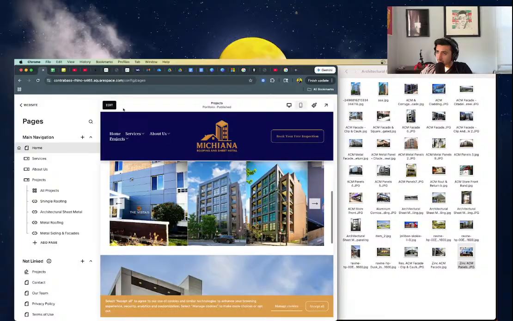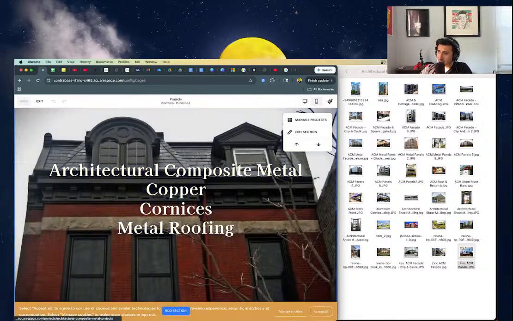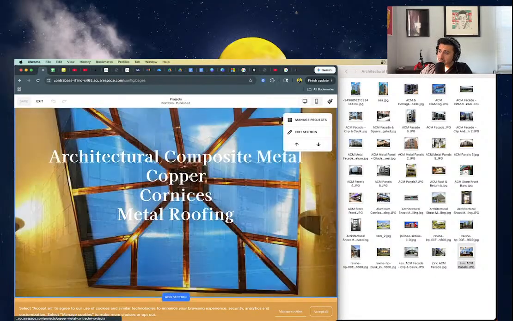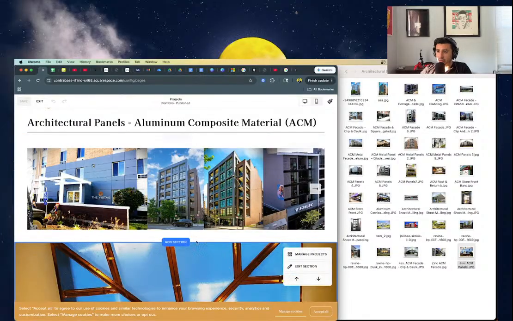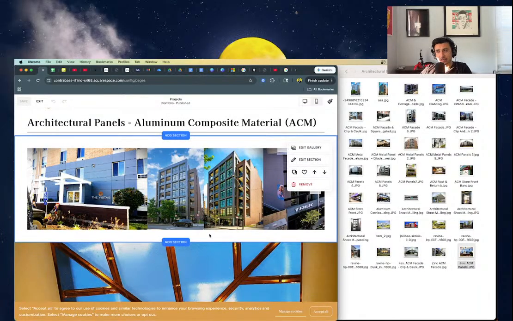And then one of the other things that I'm going to do is I'm just going to delete this portfolio, because I had this portfolio set up for them before when I first built their website, but I really wasn't aware of what they actually wanted. This is a common thing that happens, if I'm being honest,